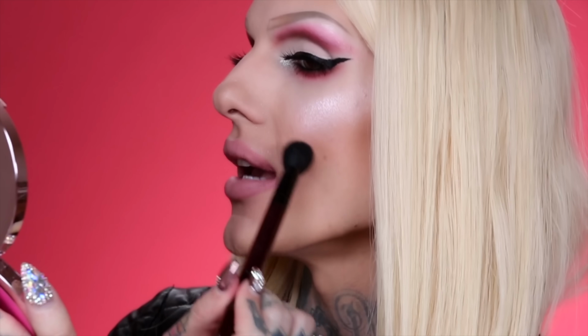All right, cheekbones, are we ready? I mean, good morning. Now it does have a really nice pink hue to it, and when it hits the light, I think it looks so stunning. Let's also do a little bit on maybe the tip of my nose. Ooh. And if you want to be daring, you could always take another clean brush, dip in there,